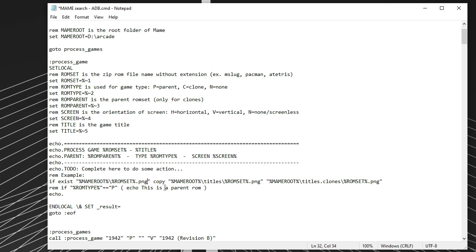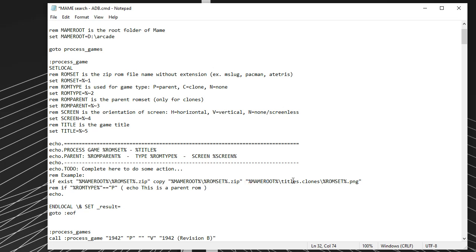So this example is geared for maybe grabbing snapshots or screenshots of arcade games and putting them in a folder. But I want the actual Romsets, the game Romsets. So Romset name dot, and I know they're zip, so swap PNG for zip. So if exists, if it finds the Romset exists, then copy the Romset. So again, got to move that directory. Copy the Romset, which ends in .zip,